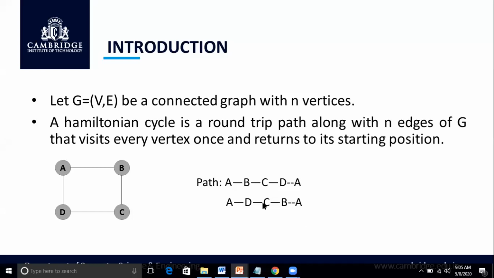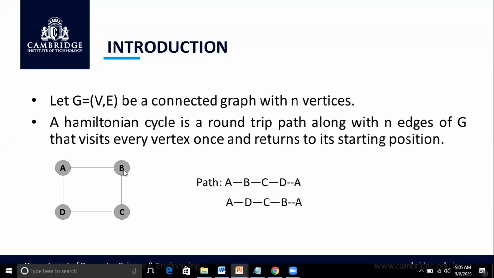Now can you see here I have given the path. I'll go from A to B, B to C, C to D. From D to A directly I have a path. Now I'll start with A as the source.